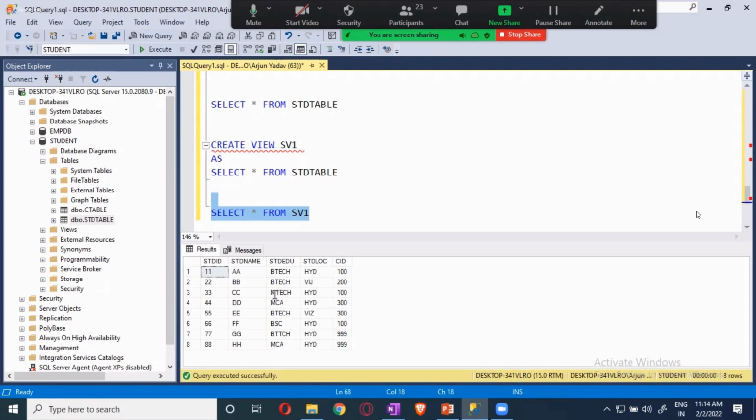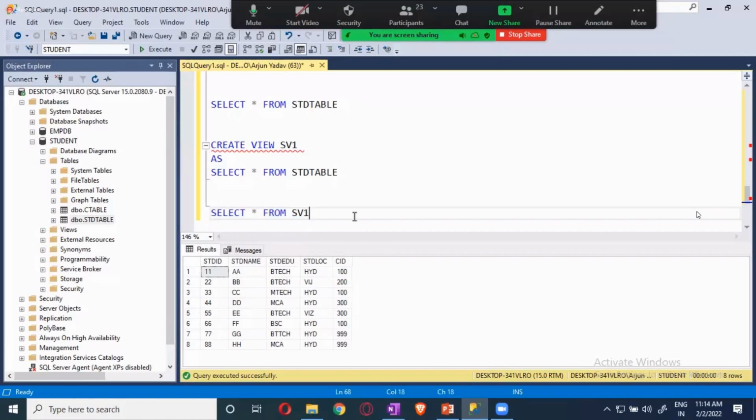A view created from a single table is called an updatable view. It is called updatable because whatever DML operations we perform on this view will affect my original table.